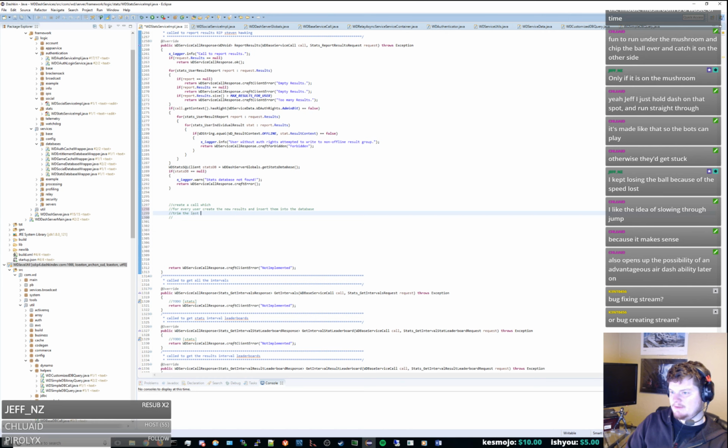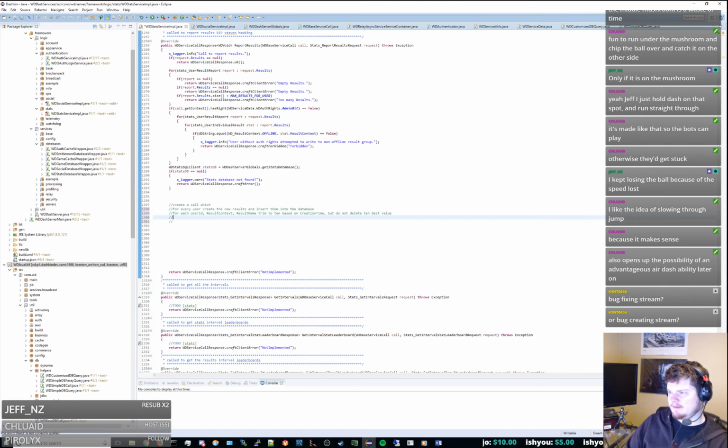Trim the last, so it's going to be for each user ID, result context, result name, trim to 10 based on the result creation time, but do not delete the best value, the